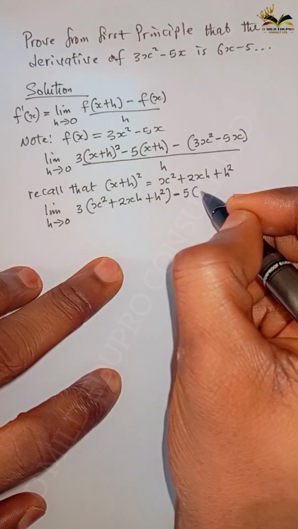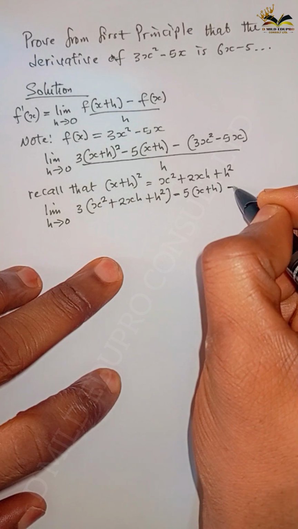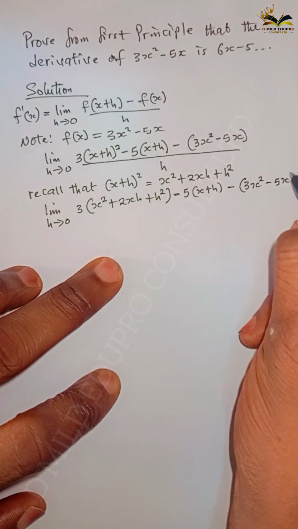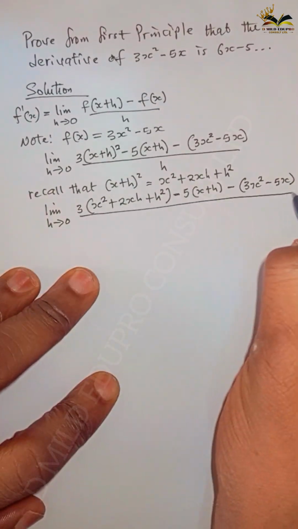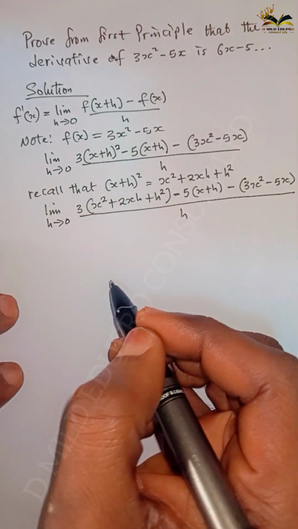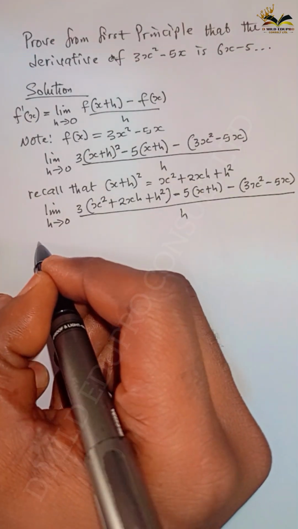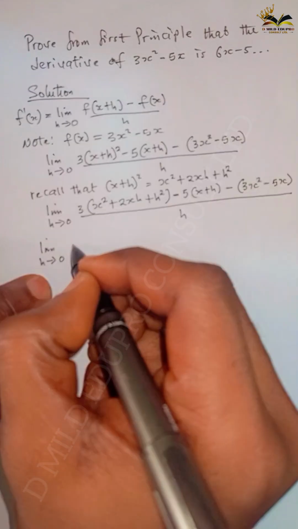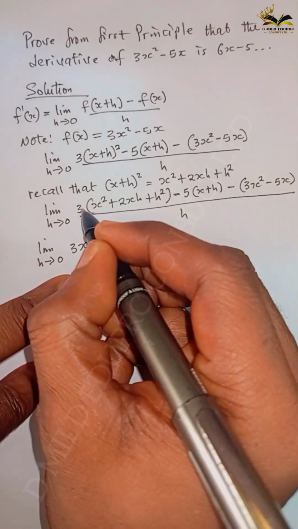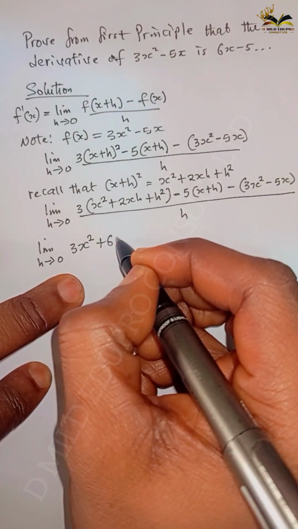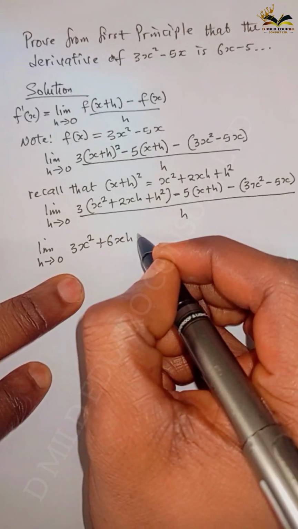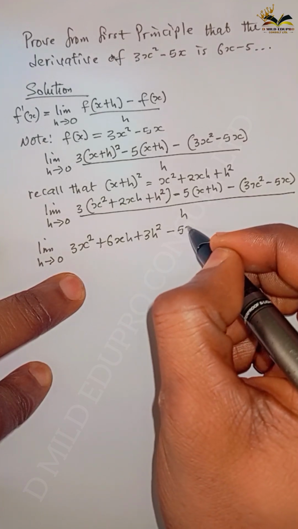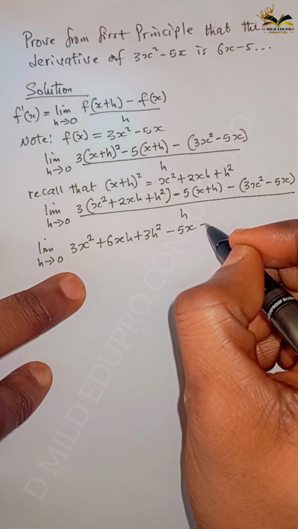So we have to still repeat that 5 into bracket x plus h, then minus the f of x, which is 3x squared minus 5x. Now we have to open the bracket. The next step is to open the bracket with 3 at the numerator. So 3 times x squared, you have 3x squared, then plus 3 times 2xh, you have 6xh, then plus 3 times h squared, you have 3h squared, then minus 5x, 5 times x, minus 5h,